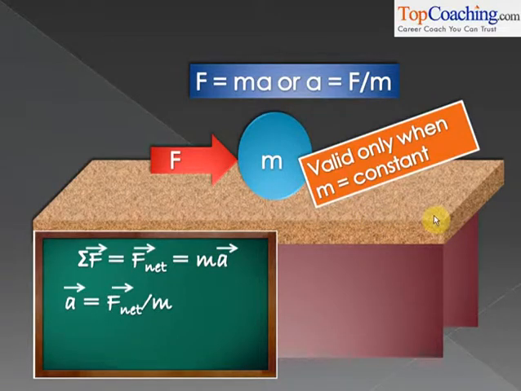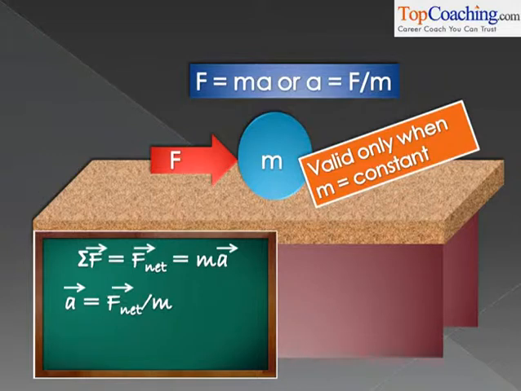One important fact regarding Newton's second law that you must remember, that it is valid only when mass is constant. So for example, if you have a rocket that is flying upwards, in that case F is not equal to ma. The net force on the rocket is not equal to mass of the rocket into acceleration, because the mass of the rocket keeps decreasing as the rocket flies upwards. When a rocket flies upwards, it loses mass, it releases gases and it releases a lot of substances into the air. So in that case, F equal to ma is not applicable.